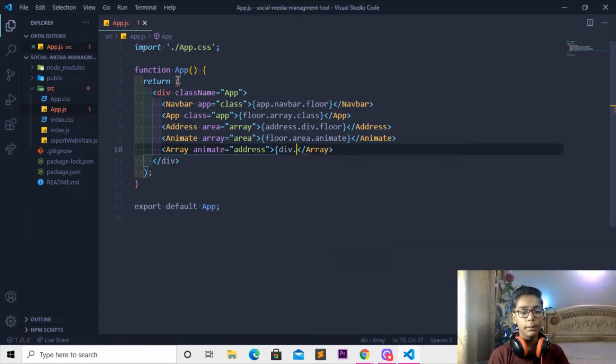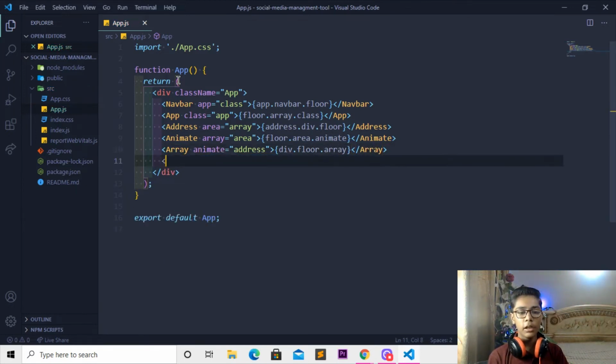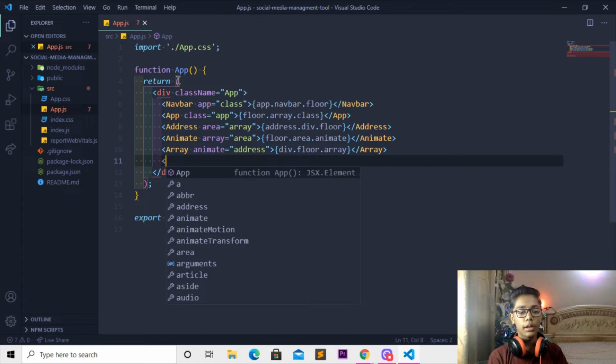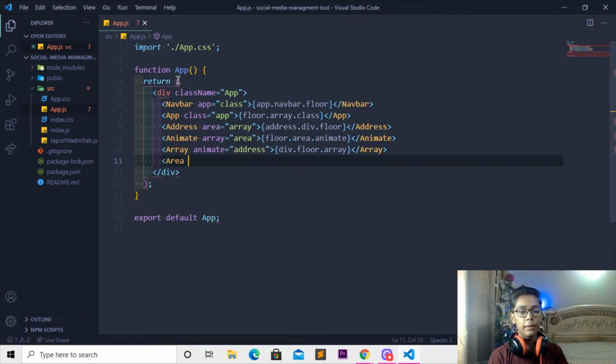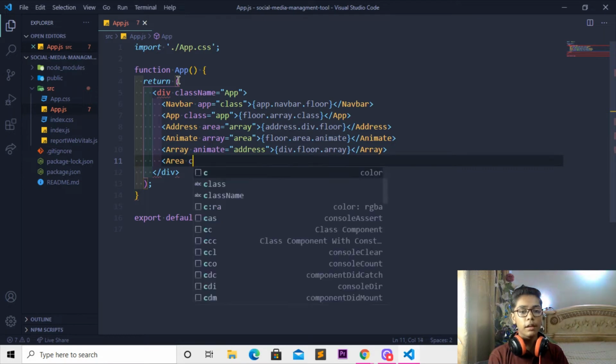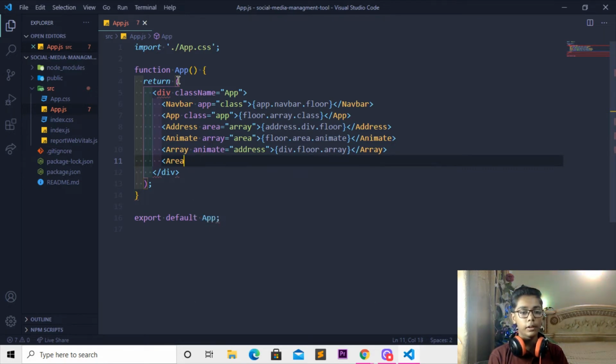So simply I'll be coming here, writing floor dot array. Here now I'll be closing this, then I'll be coming underneath and changing that to a tag which will be like area, then I'll be writing another tag which will be like class, which we have already done. Okay, so I'll be writing all equal, meaning the two quotes, then I'll be writing back, and closing this, and I'll be making this curly bracket here, changing that to a tag which will be like another tag which will be class dot,